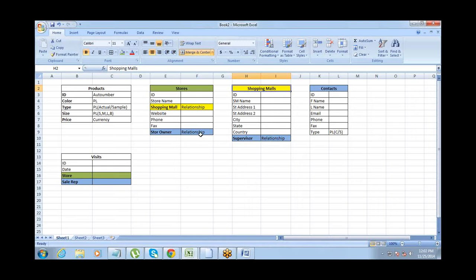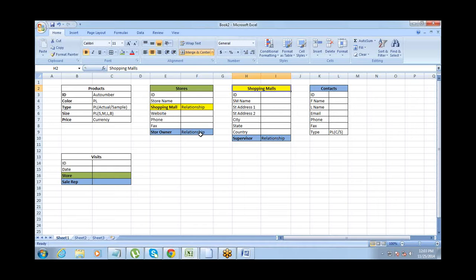Then can we have one contact connected to multiple stores? No. Same guy cannot be, or can he be?